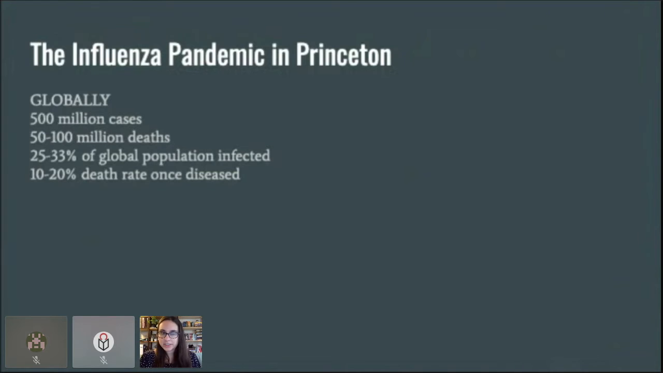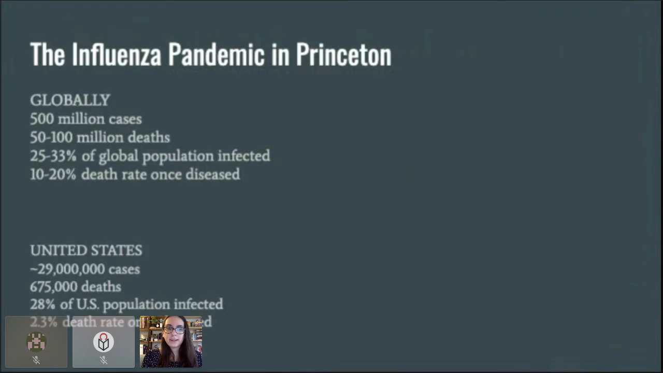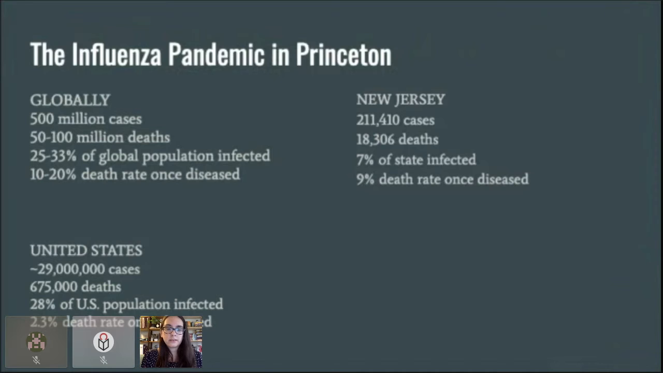So here are some numbers. Globally, there were 500 million cases of the flu, which is around 25 to 33% of the global population. This resulted in 50 to 100 million deaths. Then in the United States, 28% of the population was infected. Now for New Jersey, statewide, there were over 211,000 cases of the flu, which was 7% of the state population, and that led to